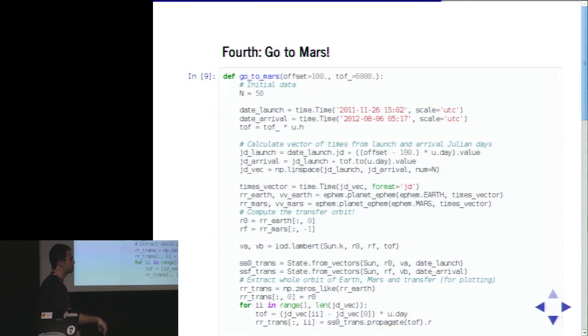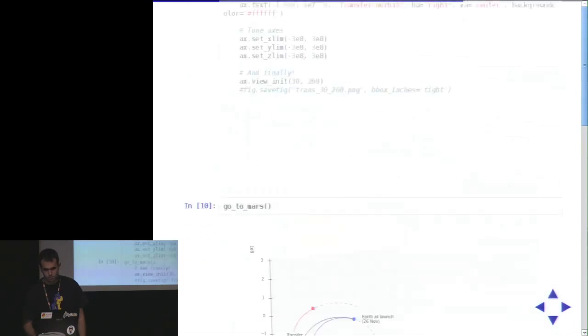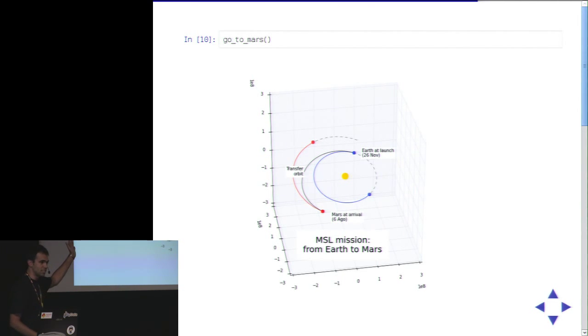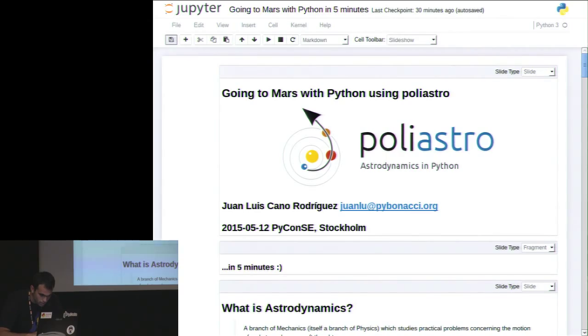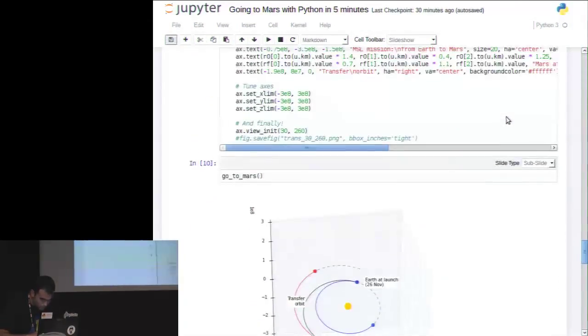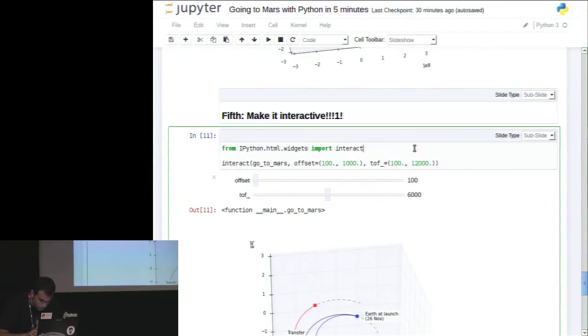This is a lot of boilerplate code to compute all the orbits and also some plotting code that is not interesting at all. But the thing is that this is the plotting of the Mars Science Laboratory, which is the orbit that the rover Curiosity followed to go from the Earth to Mars in 2013 or something like that. But I can even go a step further and make it interactive. So if I go here,